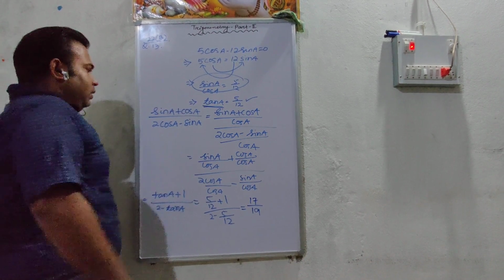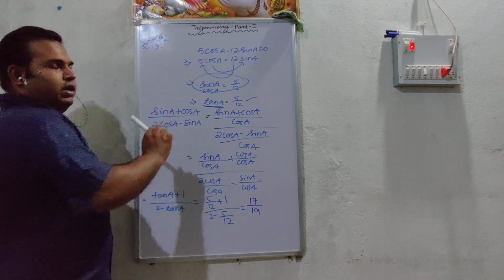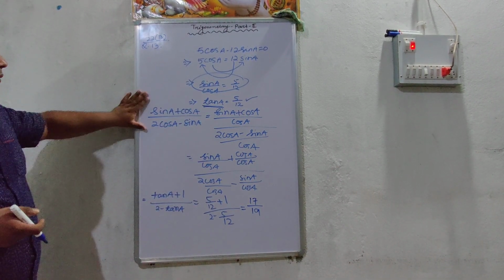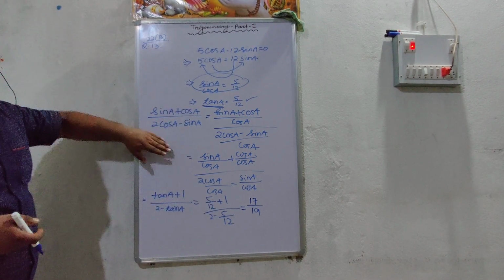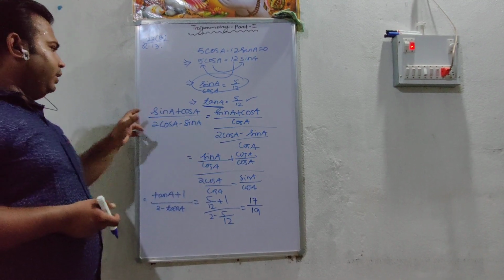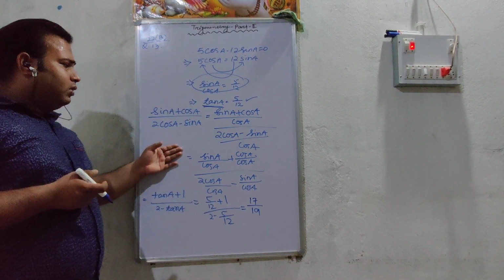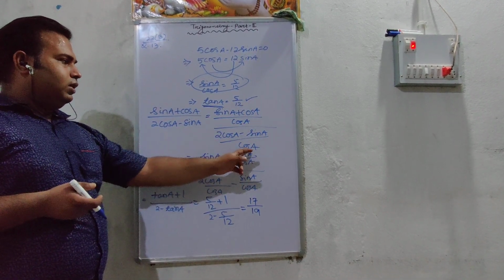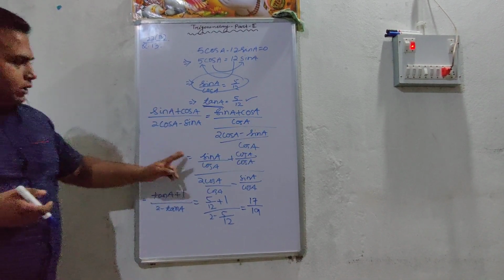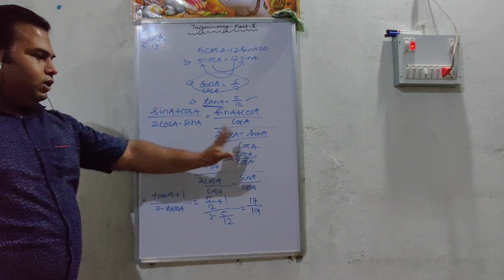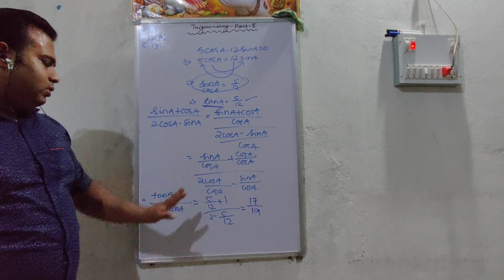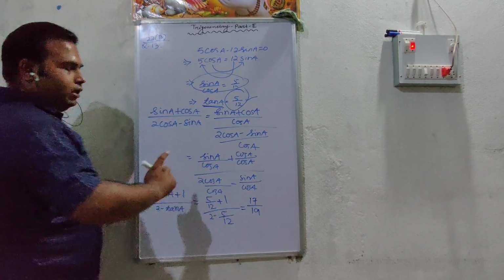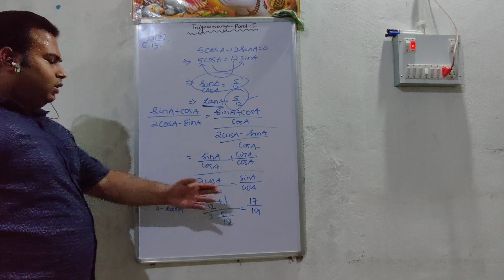Now we have to find the value of (sin A plus cos A) by (2 cos A minus sin A). For this situation, we can make sin A and cos A into tan A. So divide by cos A in both the numerator and the denominator. So sin A by cos A plus cos A by cos A, over 2 cos A by cos A plus sin A by cos A. We know that sin A by cos A is nothing but tan A, cos A by cos A is 1, and here cos A by cos A again 1, sin A by cos A is tan A. So now substitute the value of tan A, that is 5 by 12, in this equation. So we got the value 17 by 19.